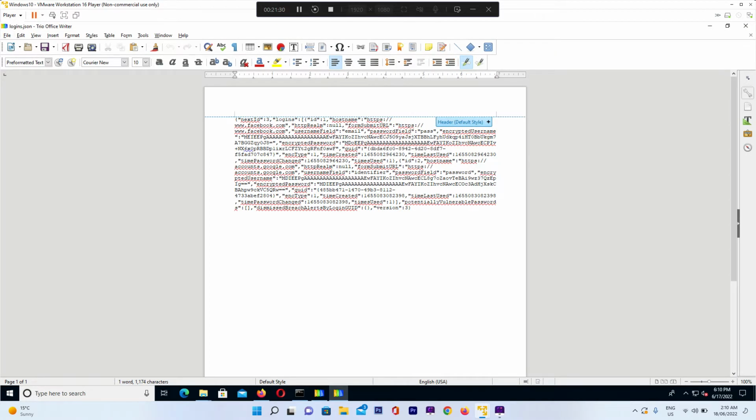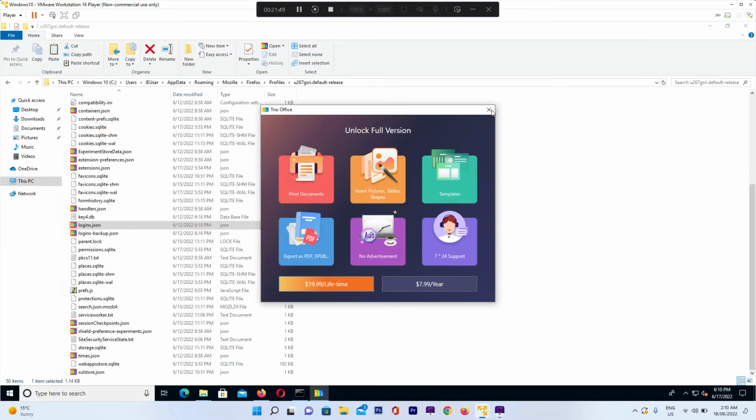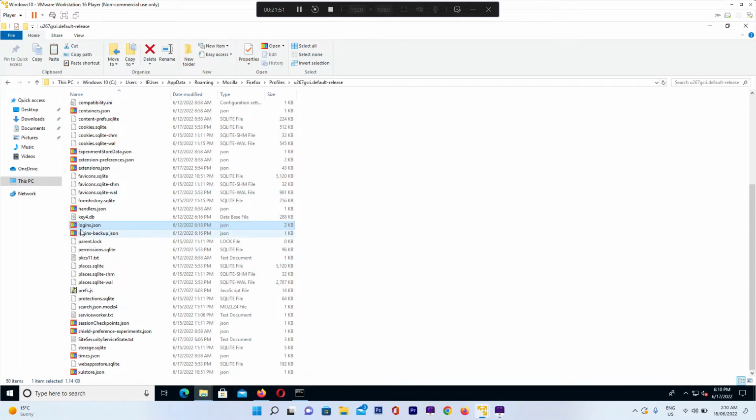And this is the logins data form. As you can see, the username is encrypted and the password is encrypted as well. But we do have the website name here. So essentially, to view this in unencrypted format, we essentially just need to copy the logins.json. The password is stored in key4.db. Older versions it'll be key3.db, and some other files like